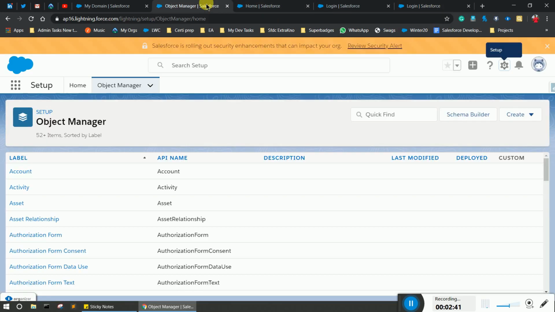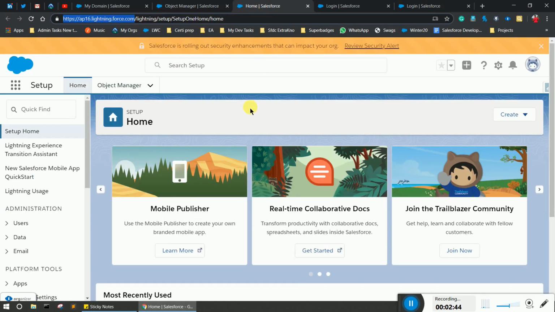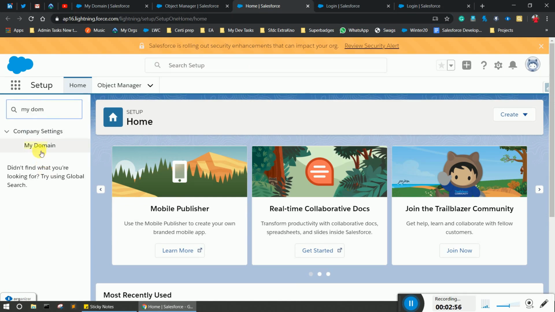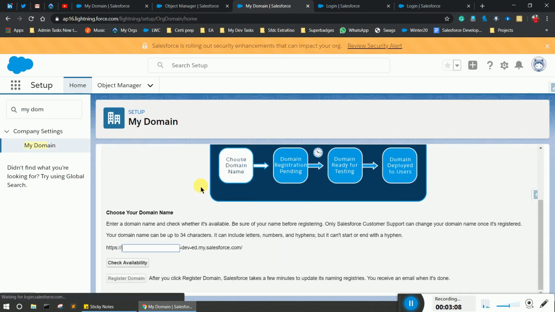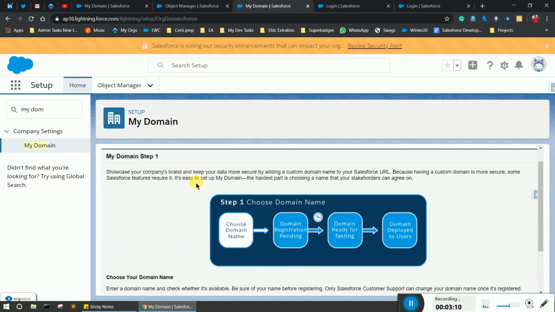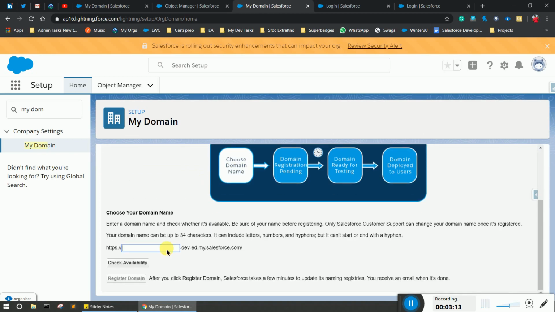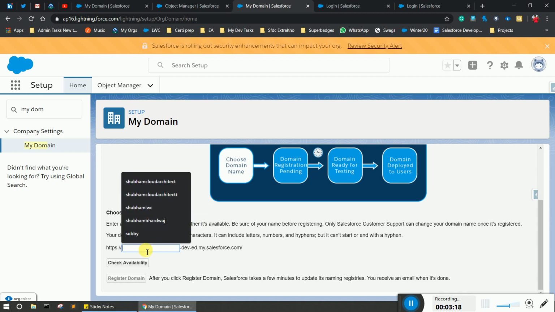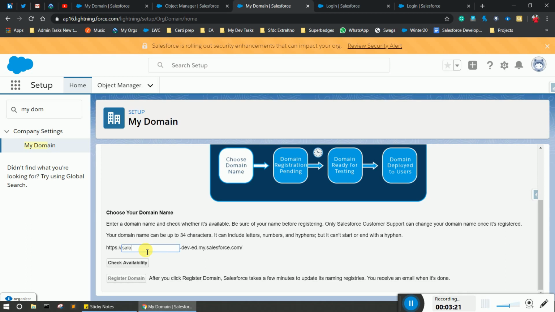So let's move to the Salesforce developer org, and you simply go to Quick Find and type My Domain here. Simply click on My Domain. As you see, the very first step is to register a Salesforce My Domain for your org, and you have to check the availability of your My Domain. So first, I will choose a domain like Salesforce Geek Demo, and check the availability. As you see, Salesforce Geek Demo is taken.